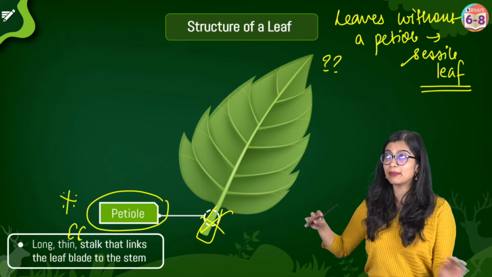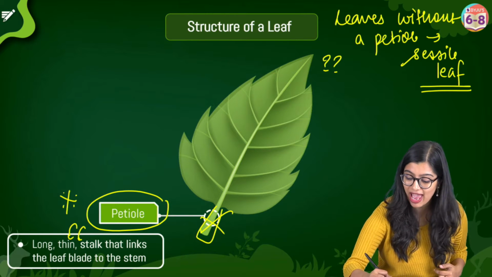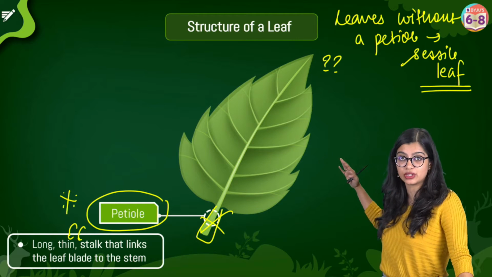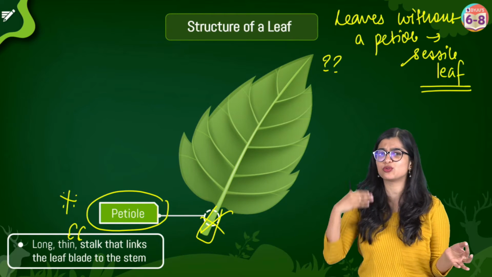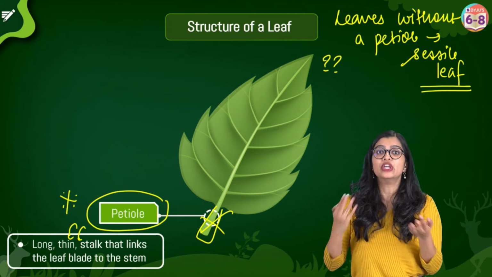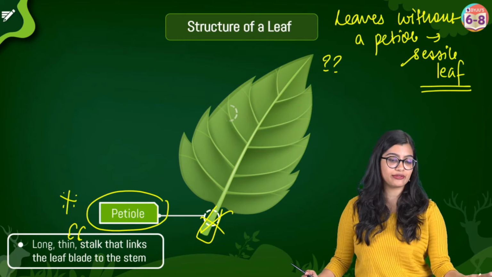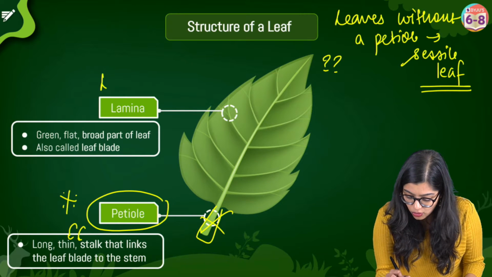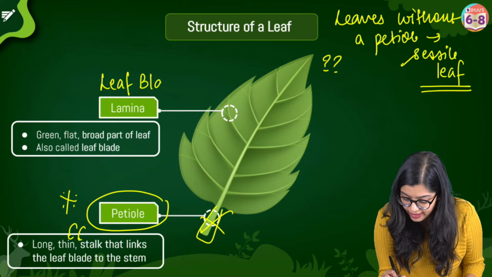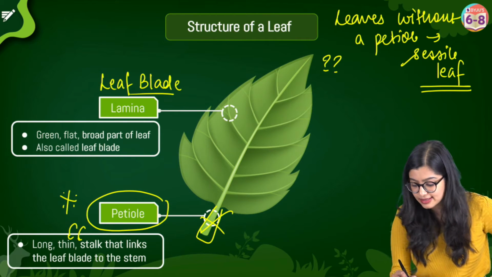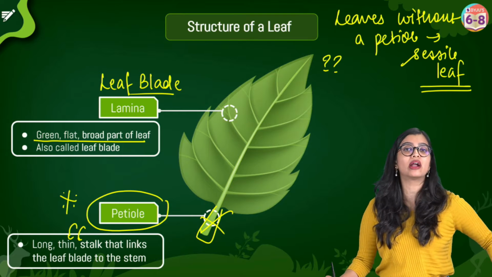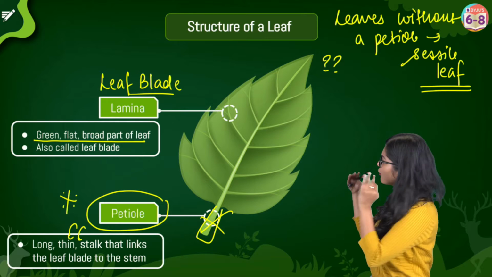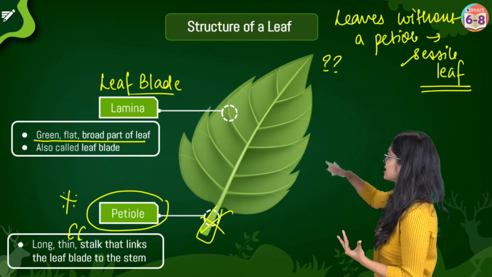Now, as you can see, the major part of the leaf is made up by this flattened structure that you see. Now, this flat, broad surface of the leaf, right? If you take any leaf outside and you sit and watch this video, you would see that the flattened part of the leaf that we observe is nothing but the lamina. Now, the lamina is also called the leaf blade. It's another name for it. And it is the green, flat, broad part of the leaf. Now, this particular lamina that you see, of course, is an example of one such broad shape.